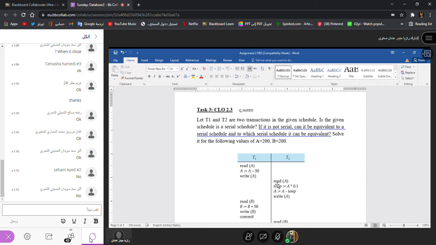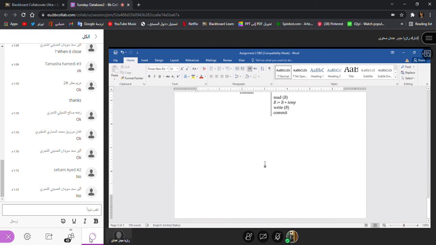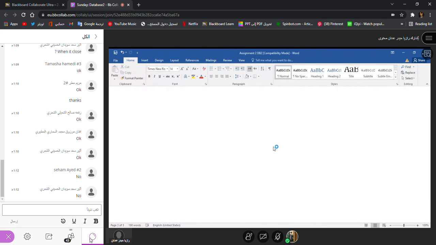So if it is equivalent to some serial schedule, which one is that? And then solve it for the values A 200 and B 200, and give me the final values of these two. So it's very simple. You can do it and upload it.